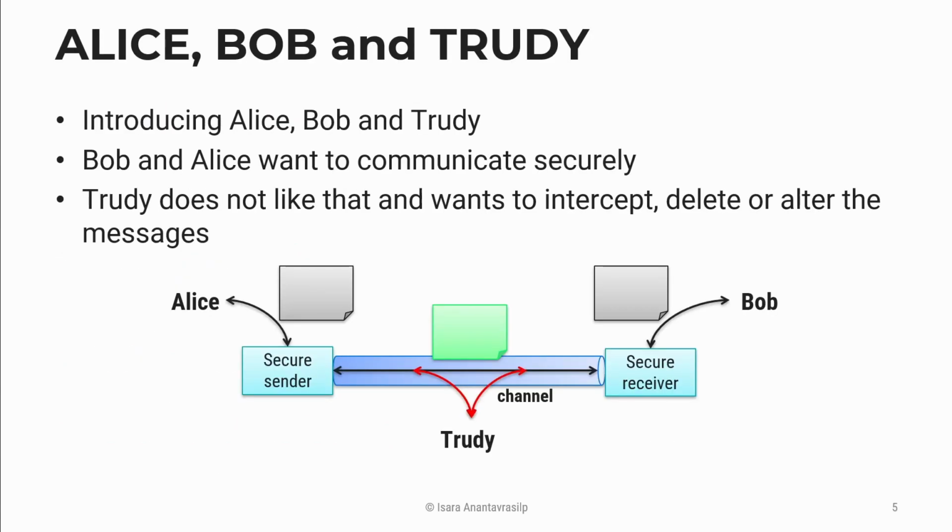Before we go on, let us discuss a few characters that we are going to use in our discussion today: Alice, Bob, and Trudy. Alice and Bob are two partners that want to talk to each other over a channel that is public. This is an open channel. Everybody can listen to their conversation, including Trudy. Trudy is the bad guy here. She doesn't like that Bob and Alice are so friendly to each other. She wants to know what they are talking about, and sometimes she might want to jeopardize the communication between Alice and Bob.